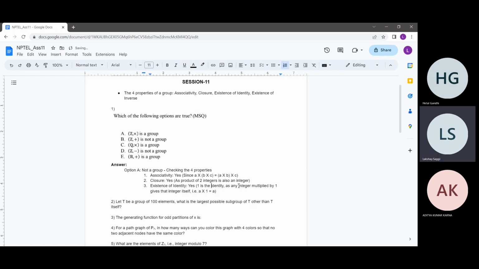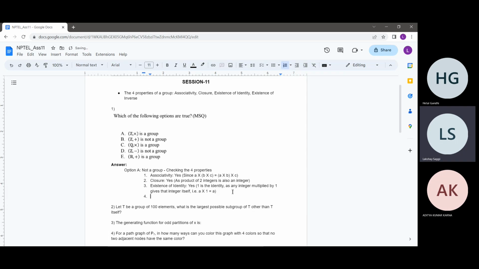So identity also exists. Now coming to the fourth property, which is inverse, it won't exist. I'll just show you why. So, existence of inverse. This is the property which fails in this integers, multiplication, and this is why it is not a group. So this would be a no. Inverse does not exist because